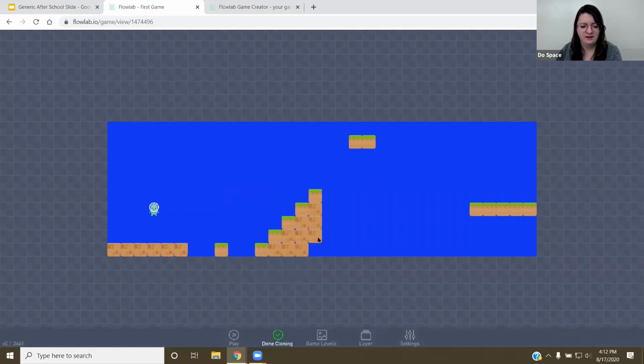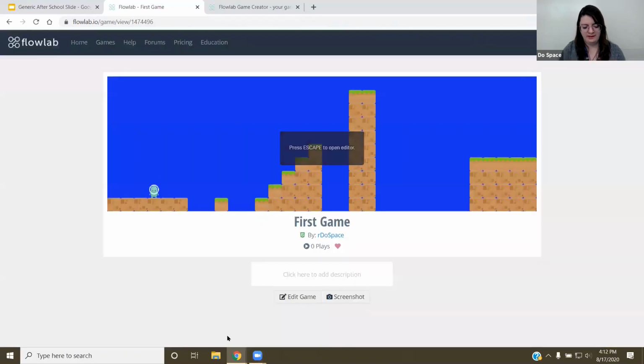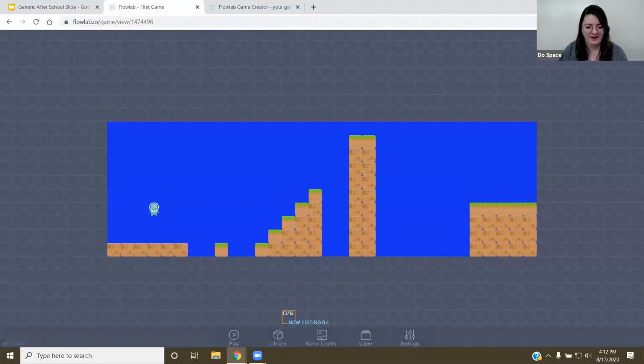So I'm just going to clone here, bring these down, bring this out. I'm going to test out some of that wall climbing, that weird stick thing where it's stuck on the side of the block right here. I'm going to try that out and see what happens. Okay, and done cloning, play. Just going to have my character jump around. Oh, there's that. Jumping right here, and there it is. Oh, nope, I fell down. Edit game. I was seeing if it would let me slide down a little, but no, it didn't. Nope. Edit game, play to reset.